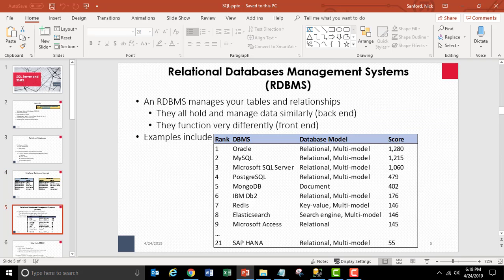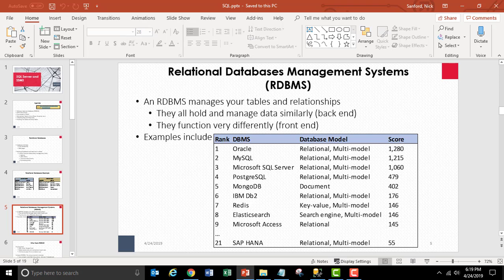There's what is known as an RDBMS, Relational Database Management System. And these are the terms you're going to start to have heard many times. Oracle. Oracle is an RDBMS. So that is the bigger overarching thing that holds the databases, that holds the tables that are all related and all that kind of stuff. And Oracle, as it turns out, is the number one RDBMS out there, followed very closely by MySQL,